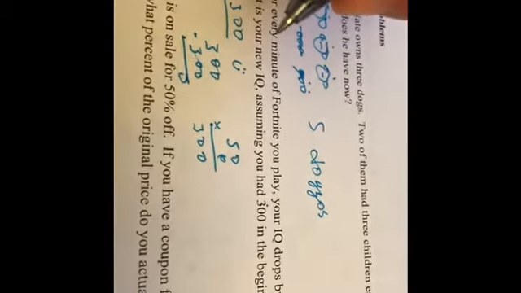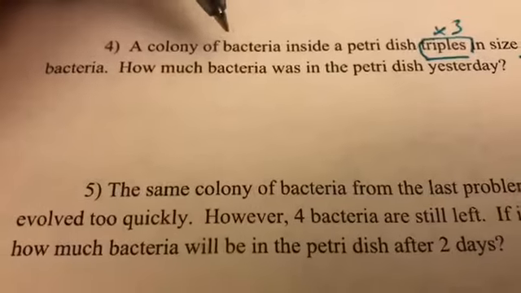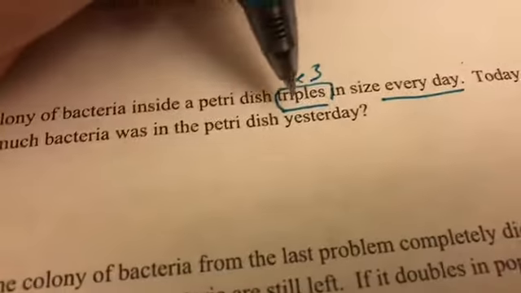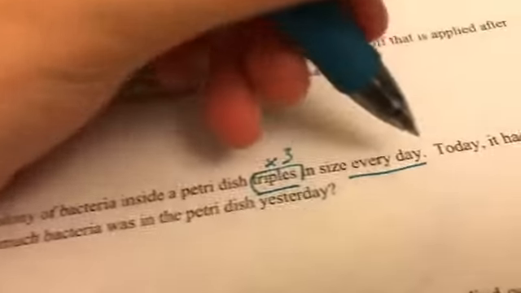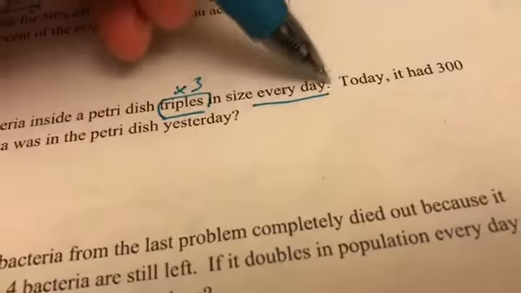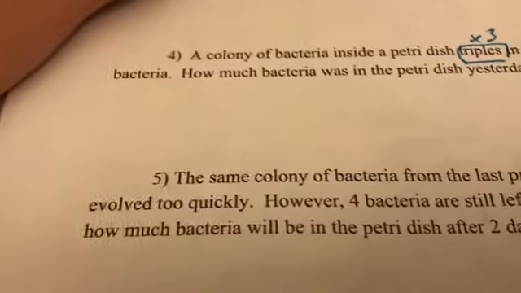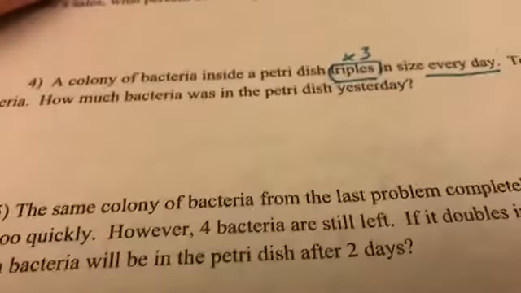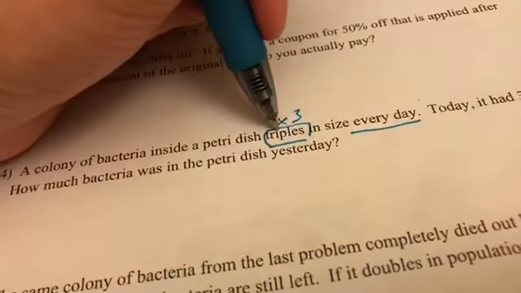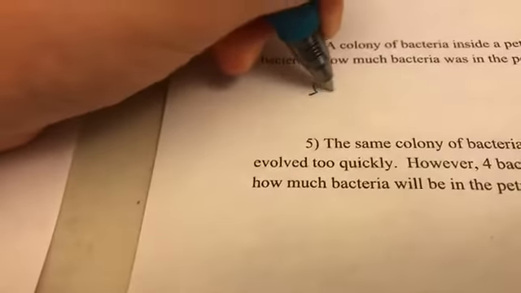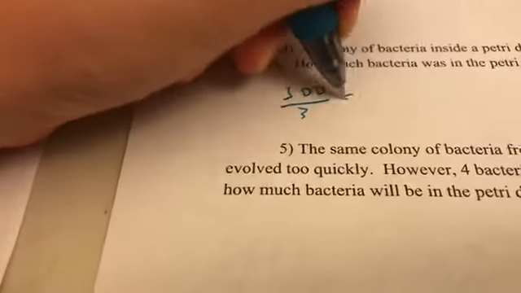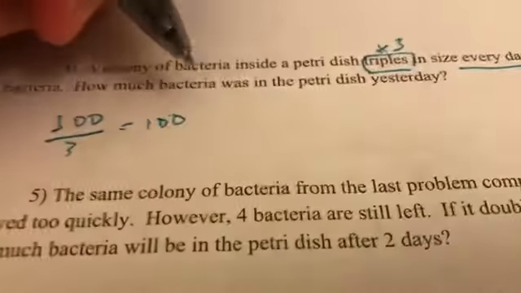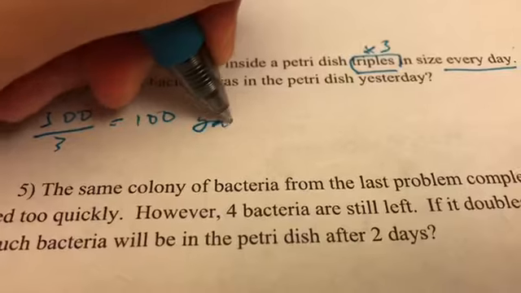Kids don't play Fortnite. Okay, so a colony of bacteria inside a petri dish triples, so times 3 in size, every day. And today it had 300 bacteria, so how much bacteria was in the petri dish yesterday? So it triples in size every day. So we have to divide 300 by 3. And we already know what happens. So there were 100 bacteria